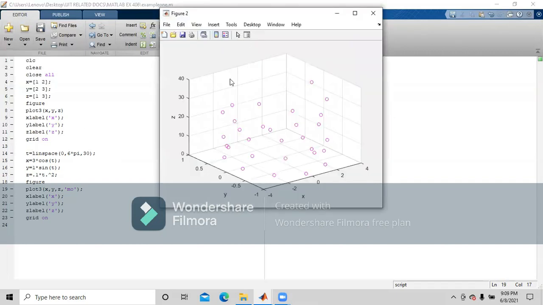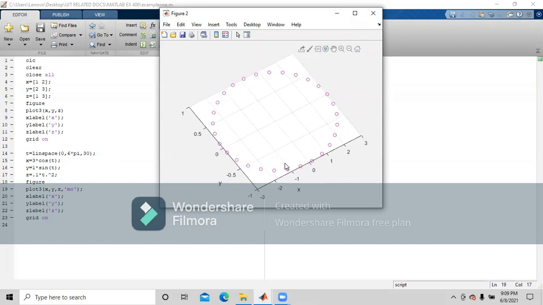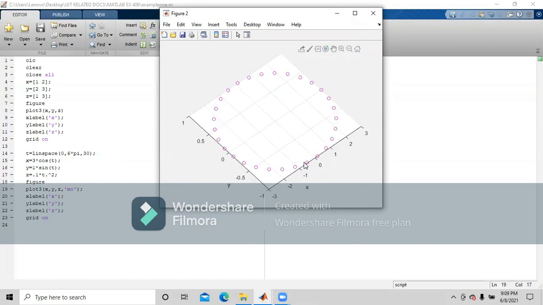Now see, the points that you saw have been now represented not with lines but with magenta colored circles. See, this was the same result we received earlier, but earlier it was coming in a continuous line form. Now it is coming like this.